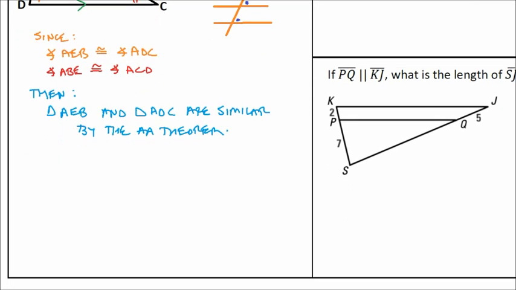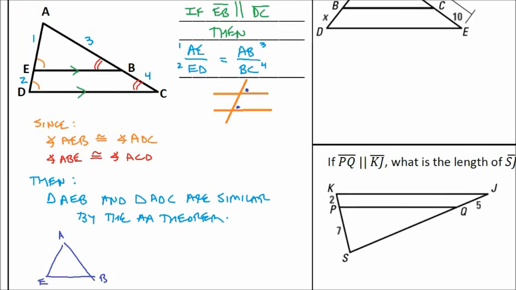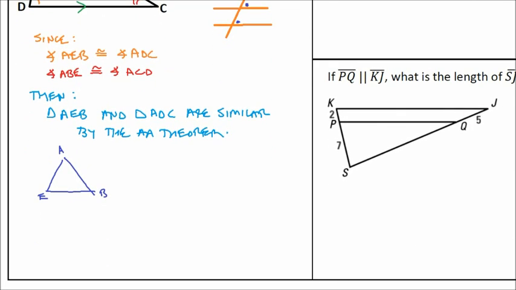Here's the smaller triangle right here. I'm going to try my best to sketch it kind of like the drawing. If you take a look at that, there's the smaller triangle on the top, AEB. And then we've got a bigger version of that, ADC. And since we know that these two angles were shown to be congruent because of corresponding angles, and these